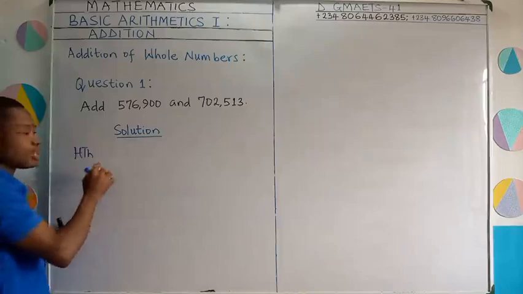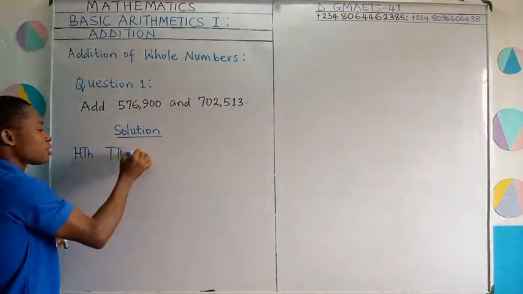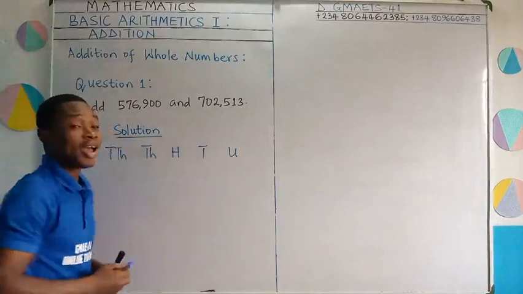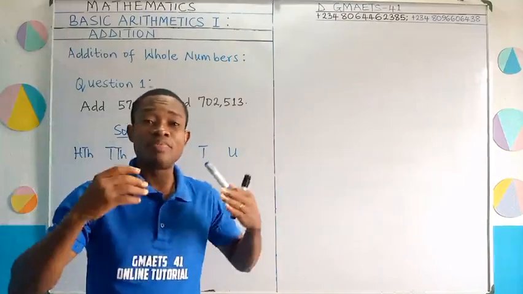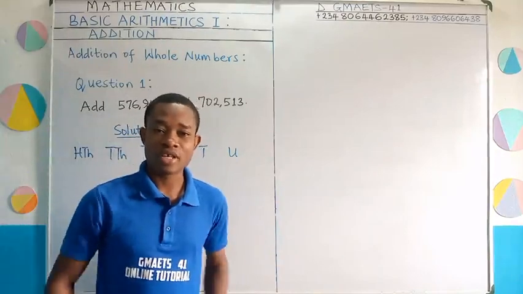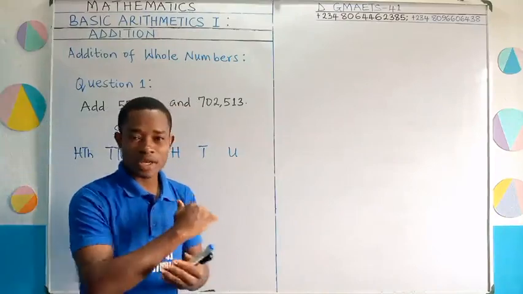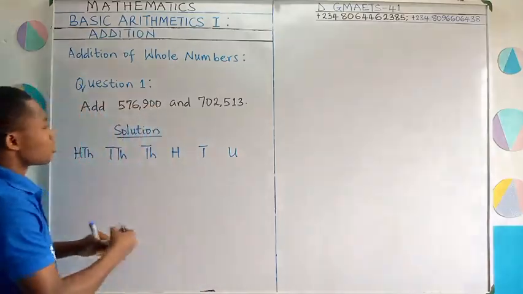100,000 is the highest place value, so you get down to tens of thousands, down to thousands, then we have hundreds, tens, and what? Units. I always like writing the bigger number first. It is not a law, it is not a rule, but I like writing the bigger one first so that the smaller one will come under. Is that okay? So I'll move on by writing